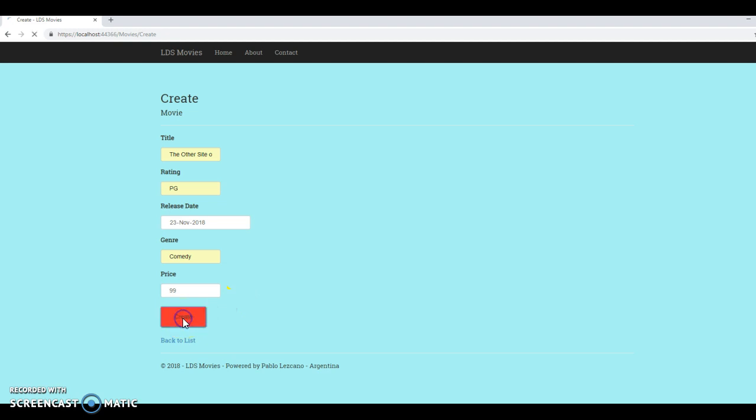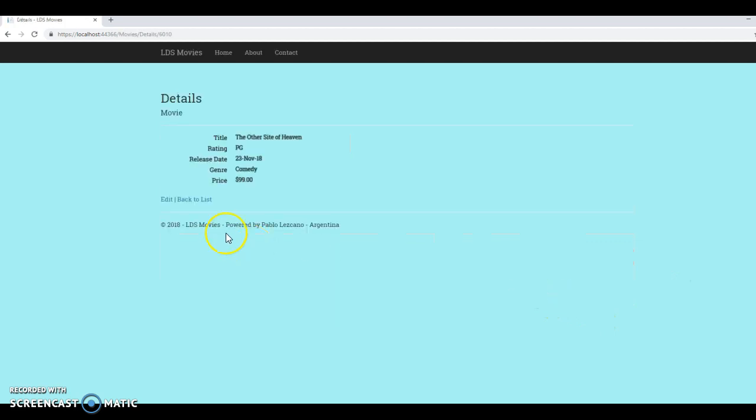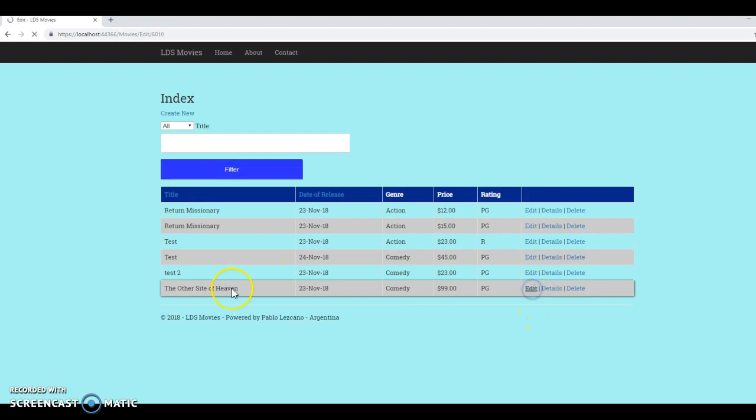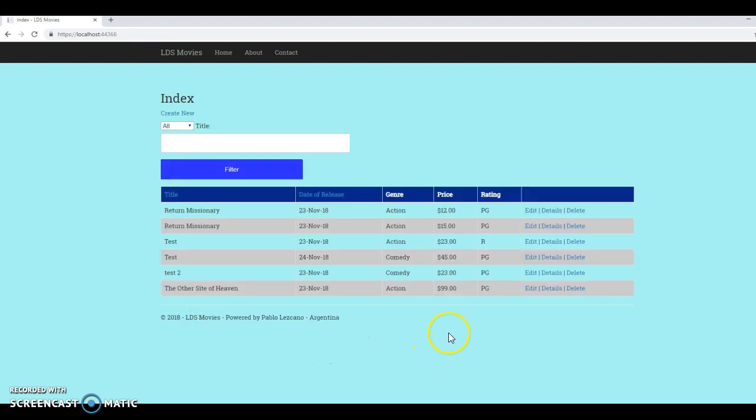If I click create, here I have a new movie that I have created. Now I can view the details. Back to list, I can edit a movie. I can delete the movies,